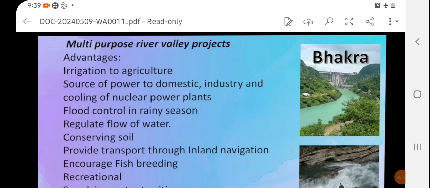Examples. Some important multipurpose river valley projects from India: the Bhakra Nangal project, Hirakud project, DVC Damodar River Valley project, Narmada River Valley project, etc. Okay. According to your syllabus, two projects are there: Bhakra Nangal project and the Hirakud Dam or Mahanadi River project. Okay. So at first the Bhakra Dam, Bhakra Nangal project. Let's see the location. Bhakra Nangal Dam is constructed across the river Satluj,